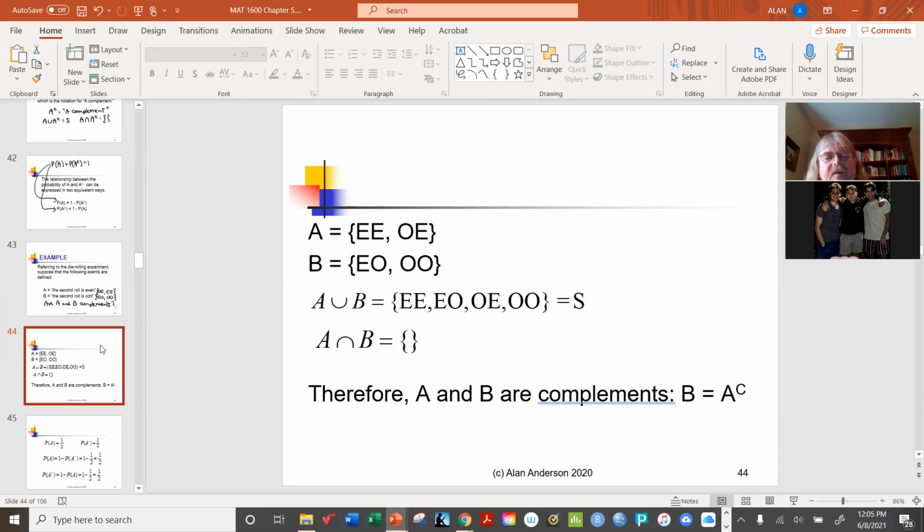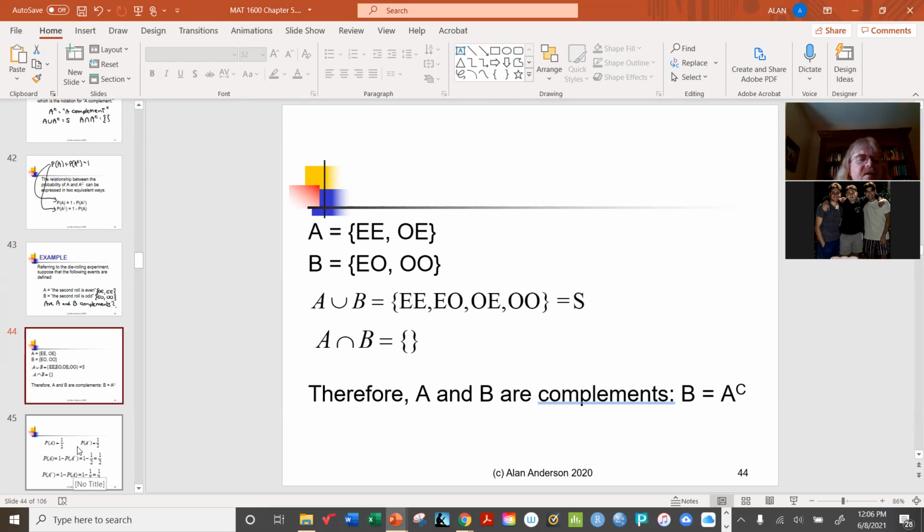Let's prove or disprove it. So first things first, is their union equal to the entire sample space? Yes, you can see it contains all 4 elements. Are they mutually exclusive? Yes, their intersection is empty. So therefore, we say that A and B are complements,